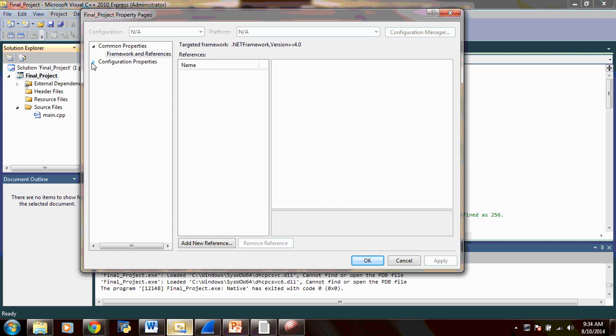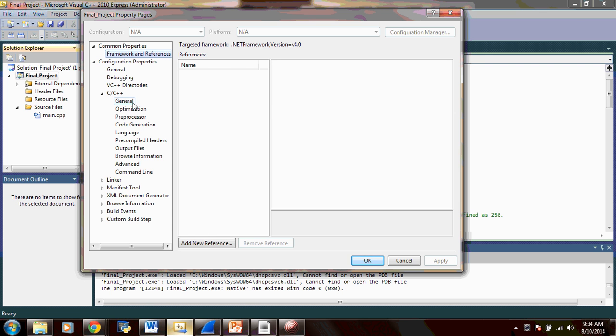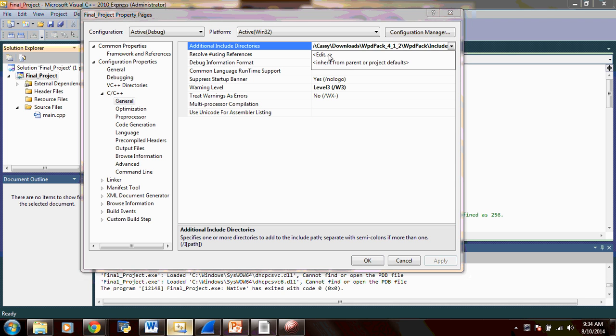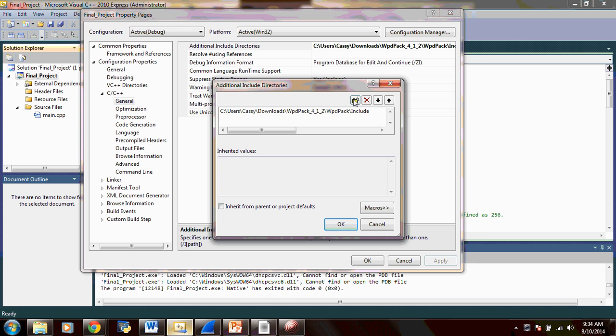Alright, and then you hit Configuration Properties. And you're going to go to your C++ first. And you go to General. So you go to Additional Include Directories. It's going to be the first thing that you add. You go to Edit, you go to File, it lets you browse,